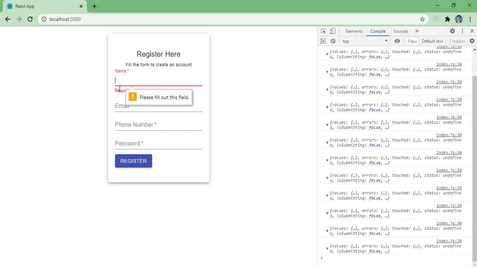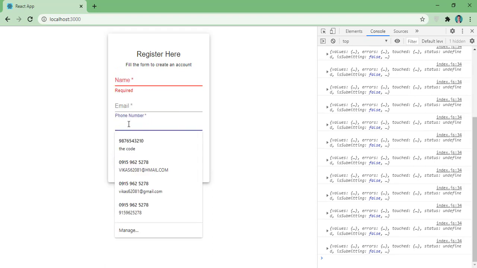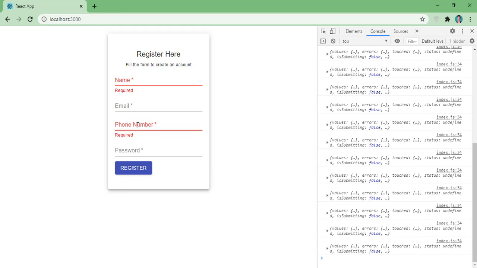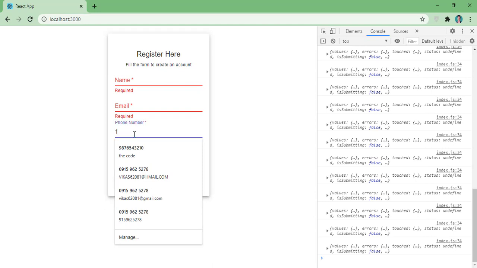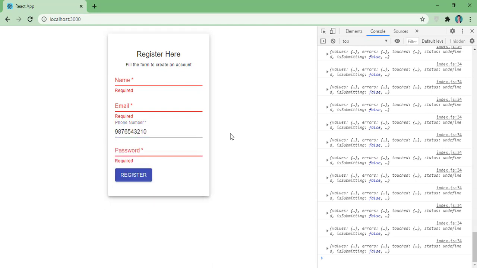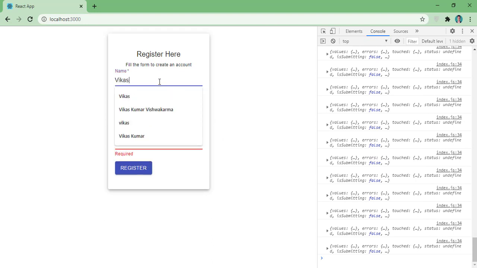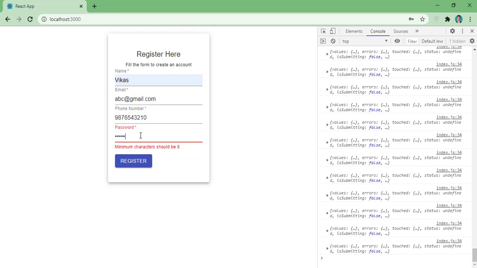So you can see I got this error message for this one. Now I came here and came out, so I got it for this one, and here I got it for this, and now for email as well. Once I start typing here, you can see it has now become blue, meaning it is not red anymore. Why? Because the error has been resolved here. Now let's do it for the others. You can see I don't have any error here.